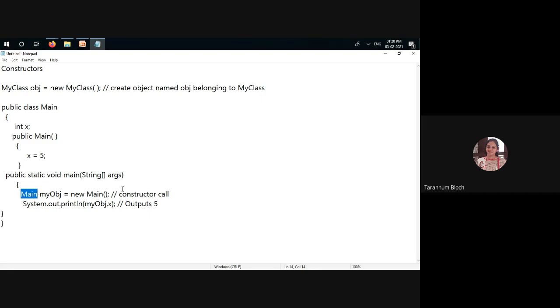And that's why after this line, x value is 5. x has been assigned the value 5. So whenever I'm printing System.out.println and my object.x, it is going to give me 5 as an output. Is it clear, guys?